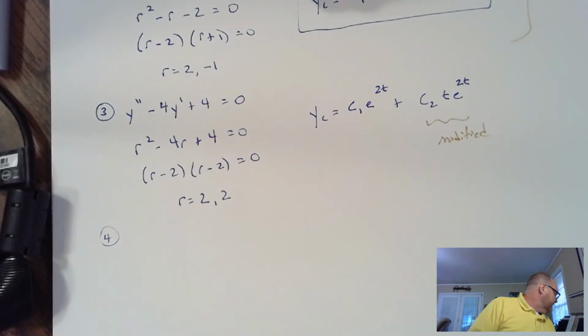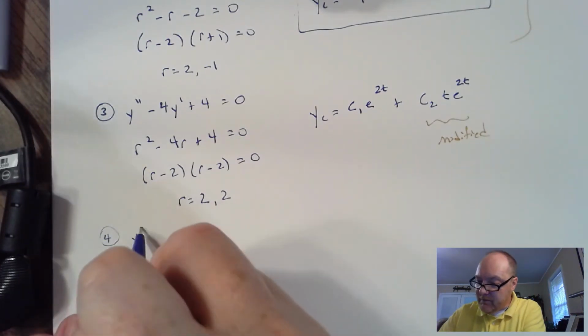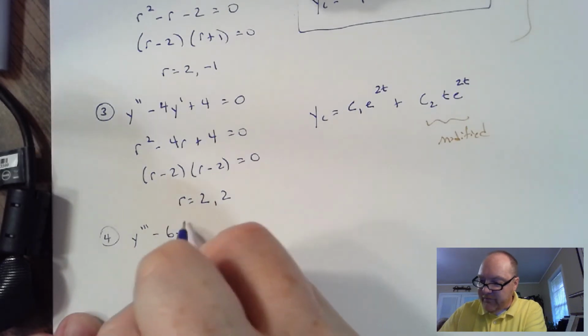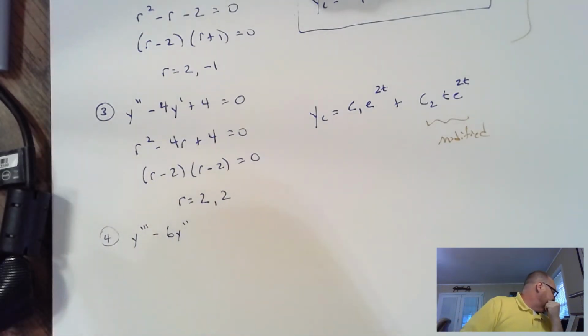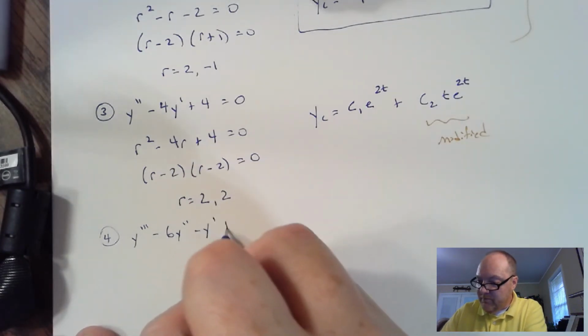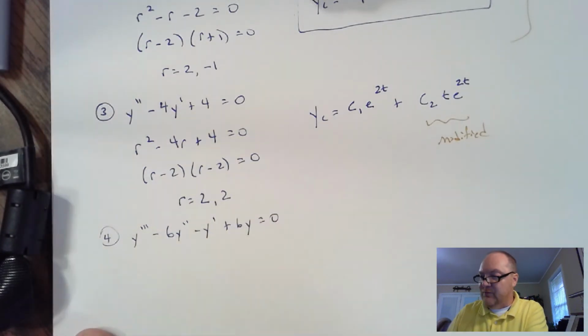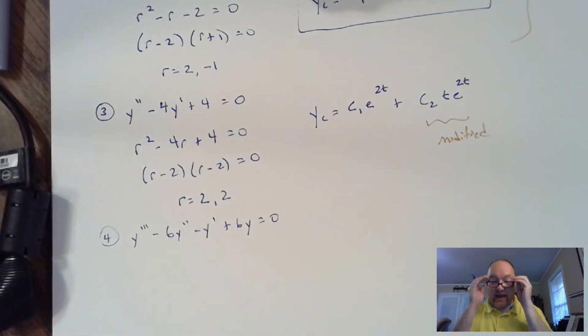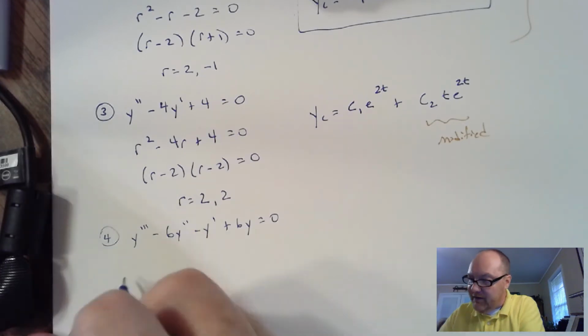Look at this equation with me. y''' minus 6y'' minus y' plus 6y all equal to 0. Even though it's an even higher order equation, a third derivative, this technique is going to lend itself to this situation. So if I write that characteristic equation,